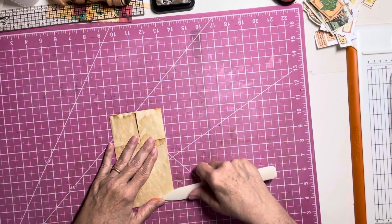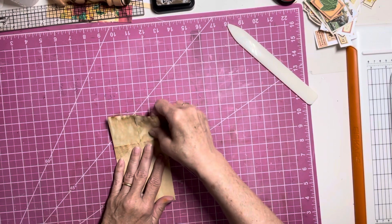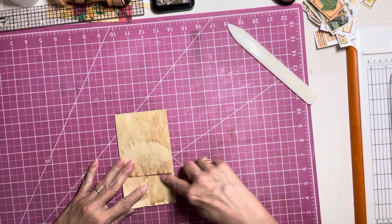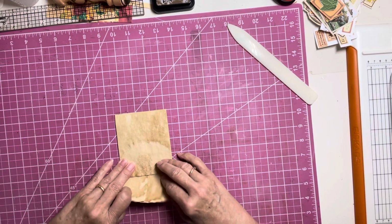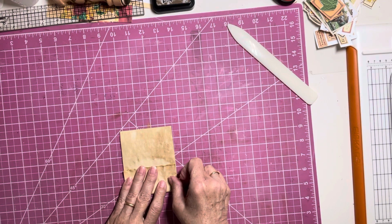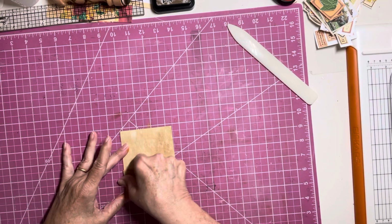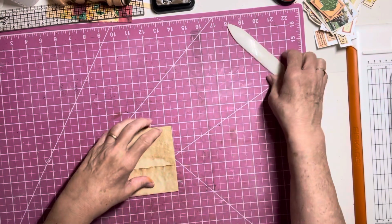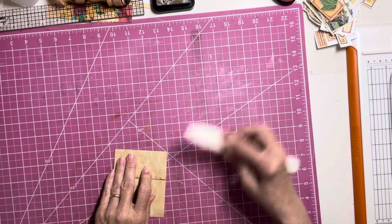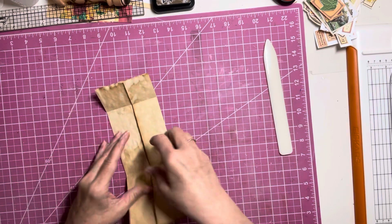Okay. This part at the top is going to, of course, come down. So you want it to have a little bit of space between the top and where you're folding it. So I am going to go right about there, and that looks good to me. And going to burnish that down. Okay, now we are going to open this right up